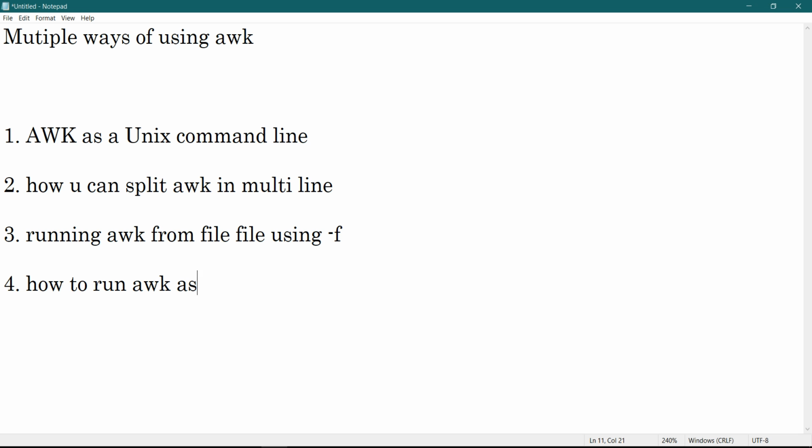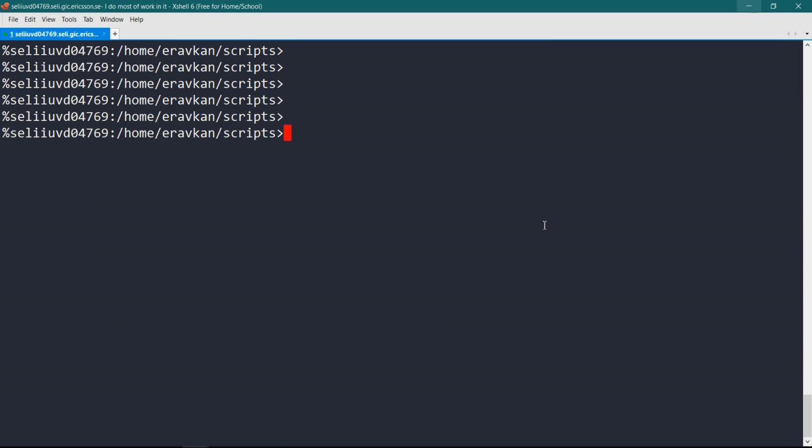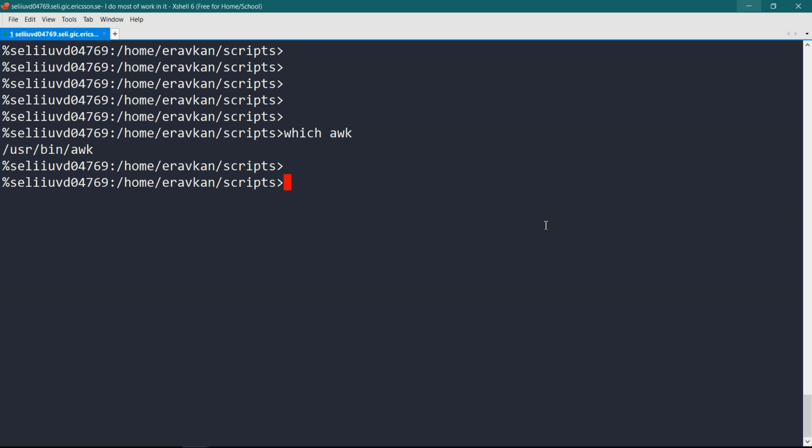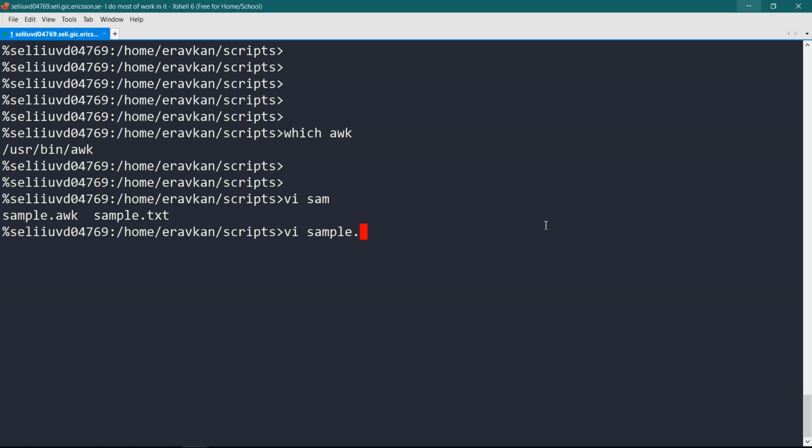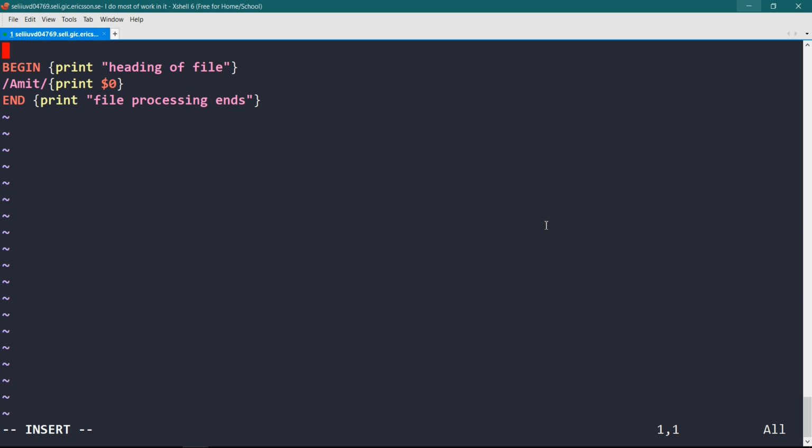Run awk as a script. As we run our shell script in the same manner, we can run our awk command also. First you check where your awk interpreter is, using which awk. It's here. I will modify sample.awk. Here I need to specify my interpreter, which is /usr/bin/awk, and then you write -f, then the same thing.